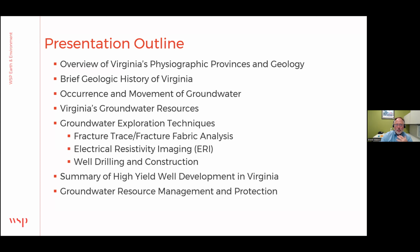This might not help you drill a well better, but it might help you understand what you're drilling into, and if nothing else, it might provide a little depth of geologic understanding of the state. Then we'll get into hydrogeology, occurrence and movement of groundwater, Virginia's groundwater resources,